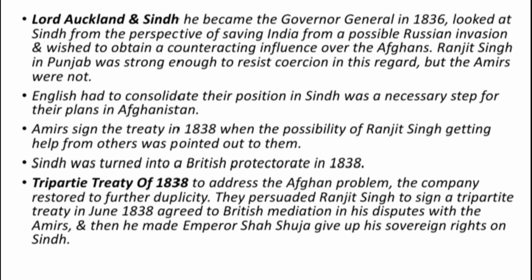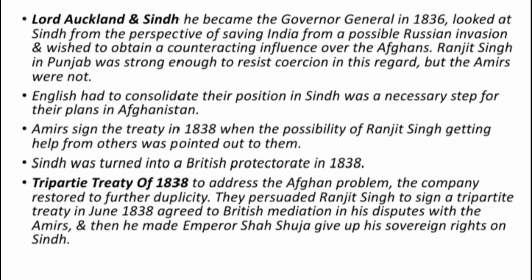Pottinger was sent to Hyderabad to sign a new treaty with the emirs. The treaty offered protection to the emirs on the condition that company troops would be kept in the capital at the emirs' expense, or alternately the English would be given suitable concessions in return. The emirs initially refused but later agreed reluctantly to sign the treaty in 1838, when the possibility of Ranjit Singh getting help from others was pointed out to them. The treaty permitted the English to intervene in the disputes between the emirs and the Sikhs, and also to establish the presence of British residents who could go anywhere they liked escorted by English troops. Thus Sindh was turned into a British